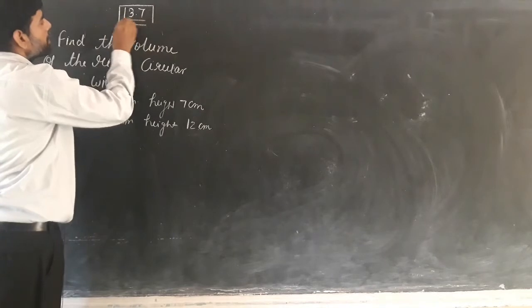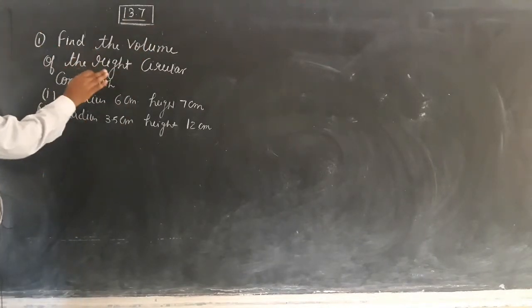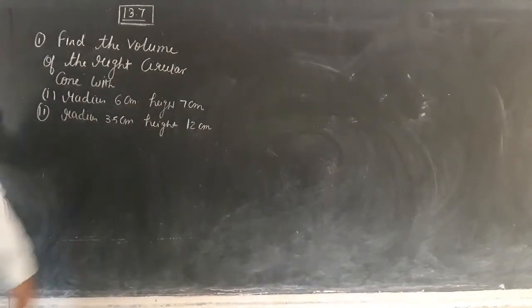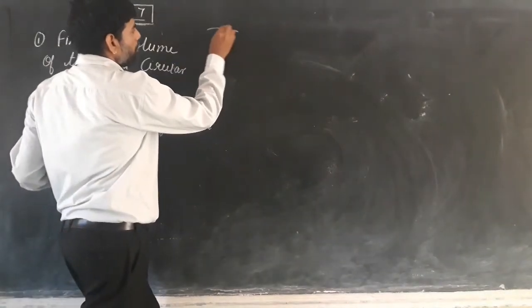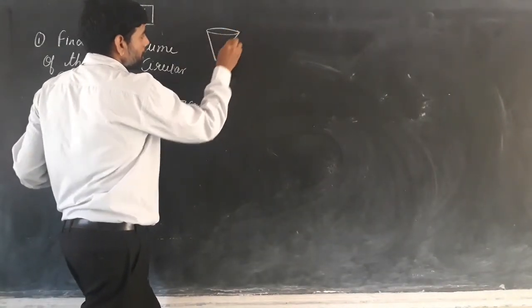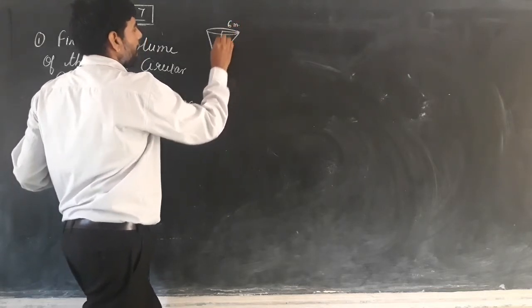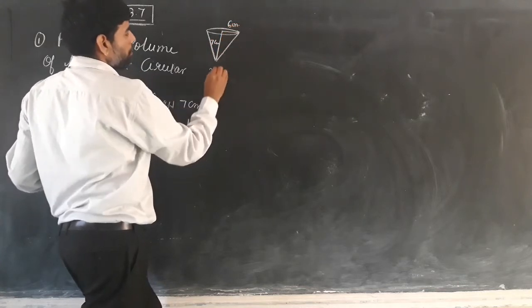Exercise 13.7, class 9. First question: find the volume of the right circular cone with radius 6 cm and height 7 cm. The shape of the cone will be this. The radius will be 6 cm and the height will be 7 cm. Okay, the volume of the cone